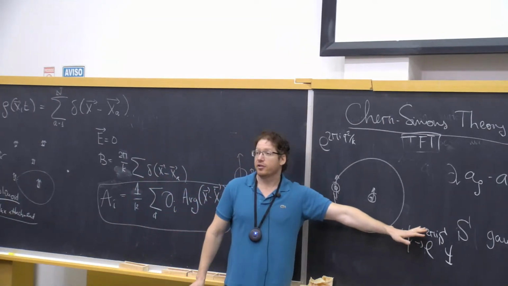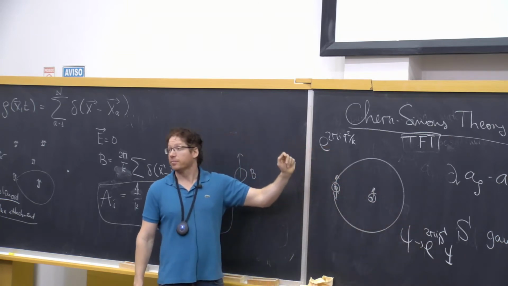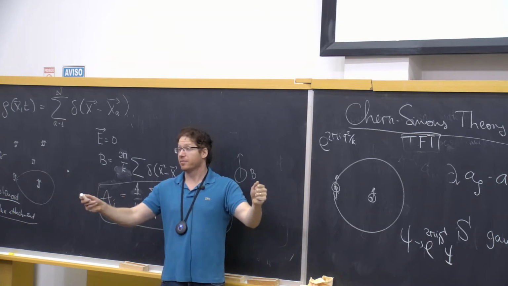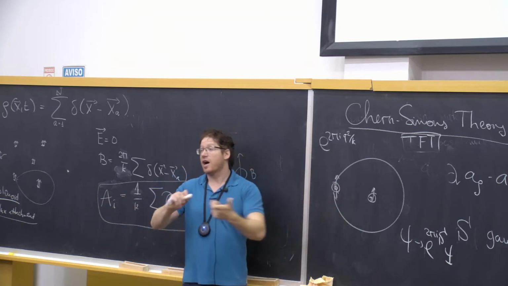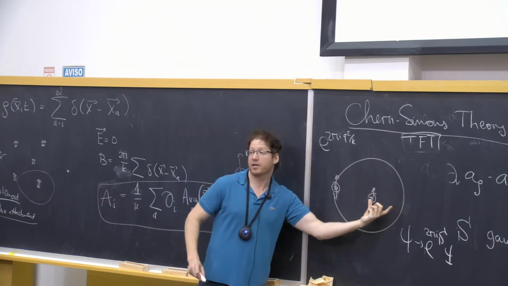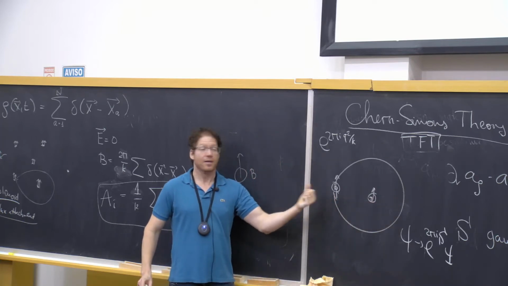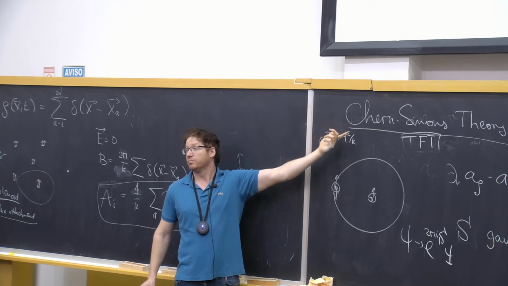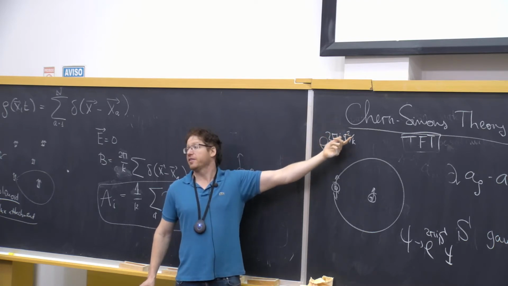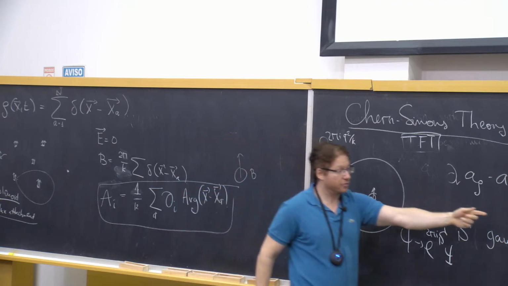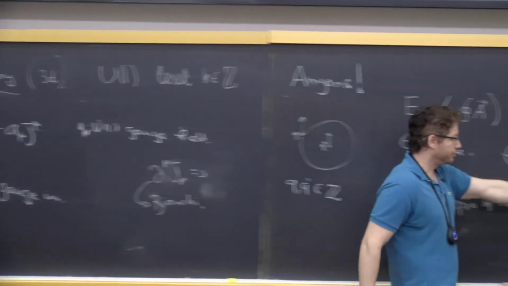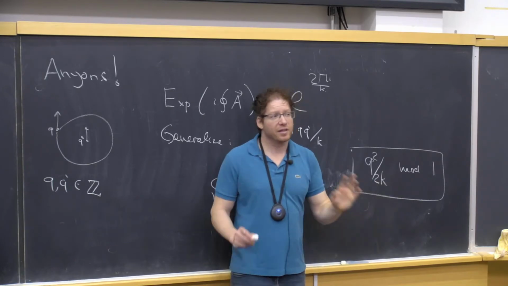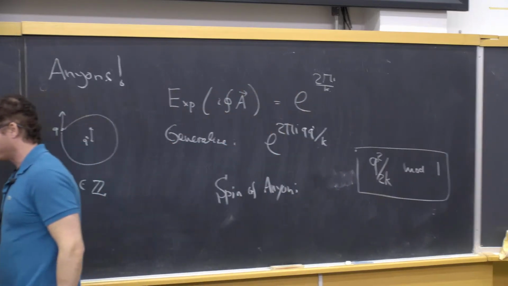So with this definition of the spin, we can now say something, because this is like exchanging the particles twice. Exchanging the particles once is just a half of this. It's like moving this particle here and then moving them like that. So you can interpret this factor as twice the spin, and therefore the spin is a half of this factor. And therefore the spin is q squared over 2k. So that's an ad hoc explanation for why the spin is q squared over 2k.